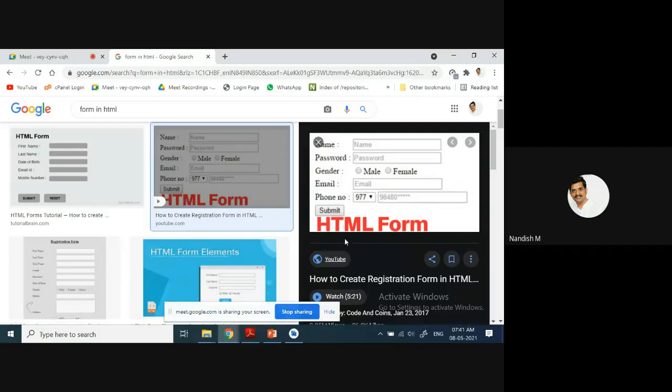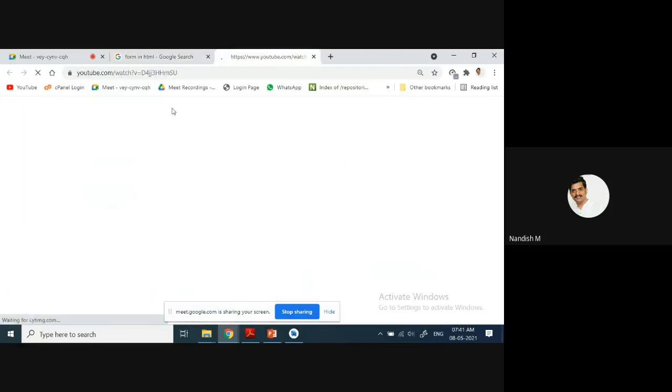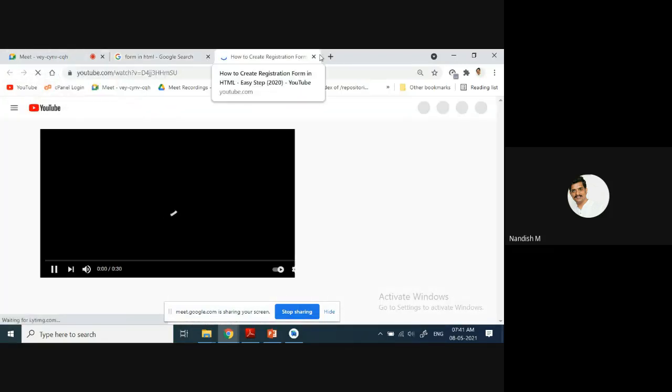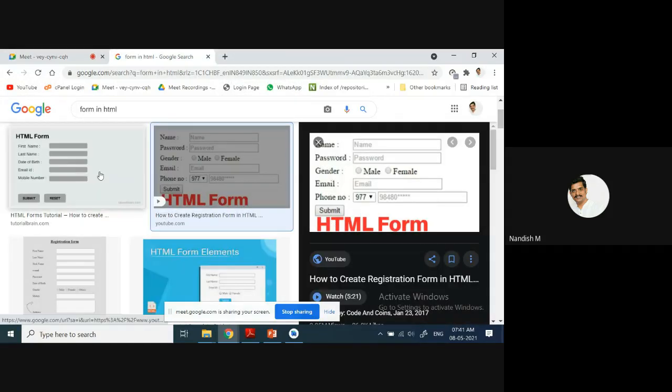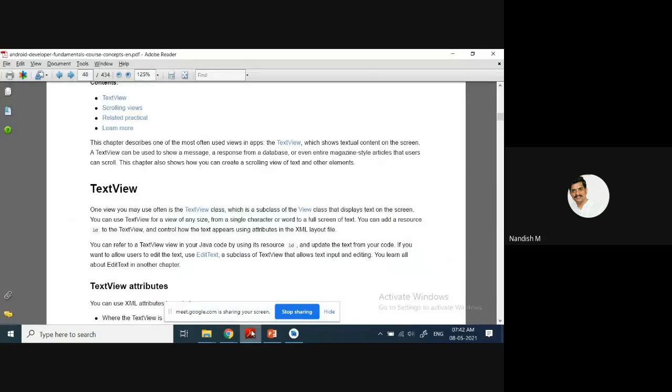The text view is an option just to set the text, like this name. You can see this name, right? This name, first name, last name, date of birth. Here, this text is fixed, right? In the background, they have created one text. It is in the HTML. Now I am talking about the Java application. Here, this text view is all about setting the text. That's all. The text view is all about setting the text.